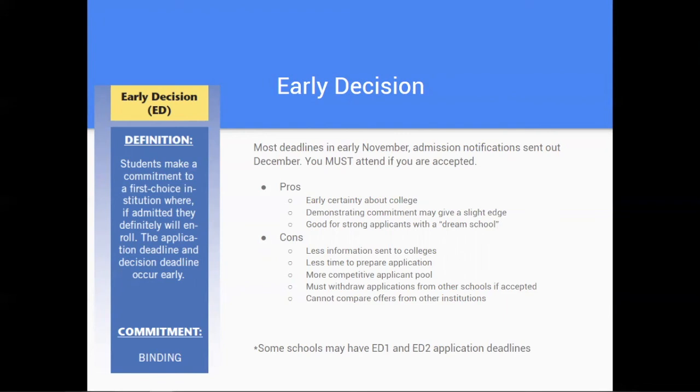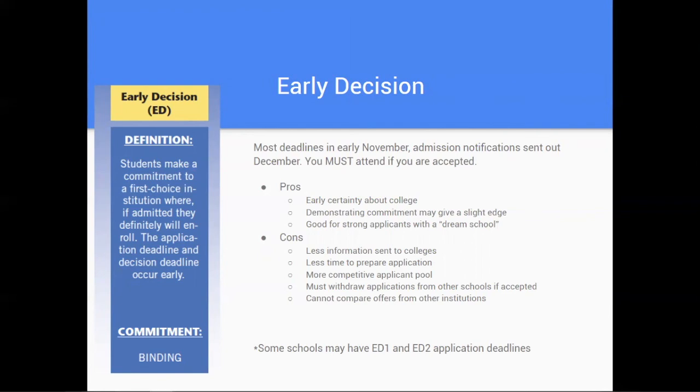There are some schools that have an early decision 2 deadline. And that tends to happen later, like January. So if a student has applied early to some schools and has heard back and did not get into the school that they wanted, there is an early decision 2 option at some schools. A student can apply to the same school early decision 2, or if some student isn't quite sure at the beginning of the school year that they want to commit to one school, but then as the fall is going on, they've decided that that one school is where they want to go and they have an early decision 2 deadline. That is something just to keep in the back of your head,